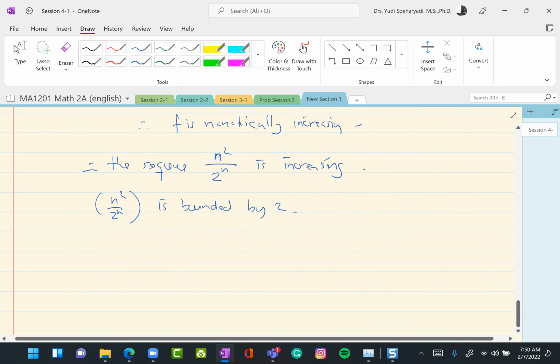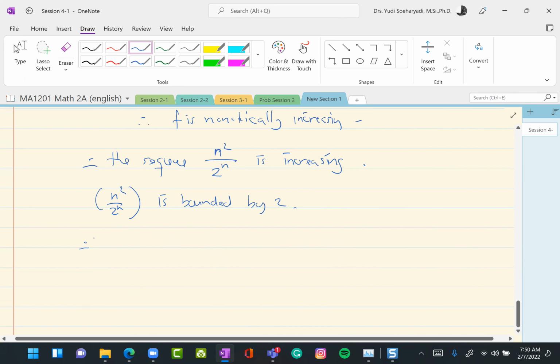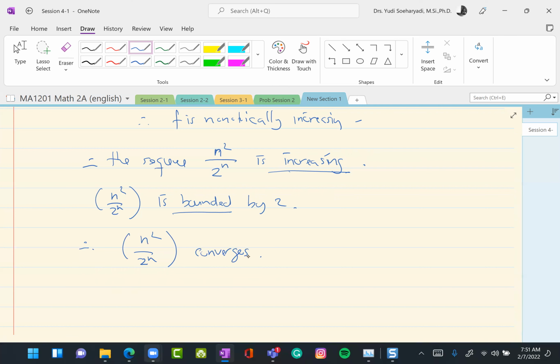Okay, so by increasing and bounded, the conclusion is that this one converges. Okay,